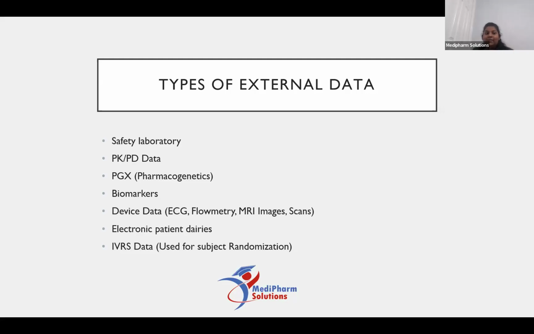Okay, and what are the different types of external data? As I said, we will have safety, and pharmacokinetic and pharmacodynamic analysis can happen. Pharmacogenetic samples can be taken, biomarkers or tissue samples will be taken. And then device data like ECG, MRI scans, all those will be there. And then another thing is electronic patient diaries, like there will be a set of questionnaires. Nowadays, even